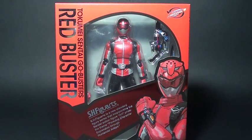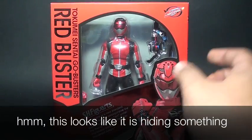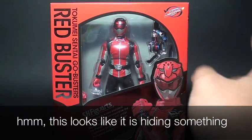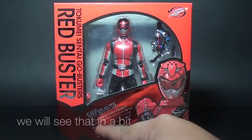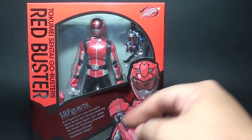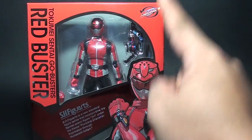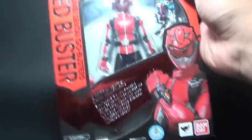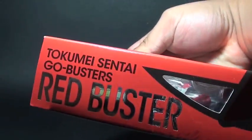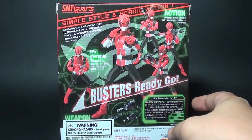And this is the box art, and for me, this is a really nice design. We have the visor here that allows Bandai to print out the SH Figuarts blurb, and then we have Red Buster's photo here, and then all of the company logos, and the Sentai logo on top over here. And here is what it looks like on the side. Give you a closer look on the other, and then at the back we have a lot of details again